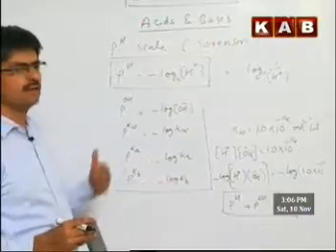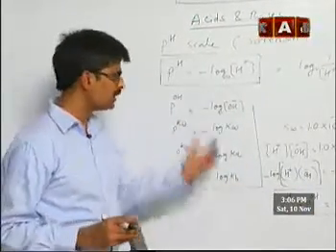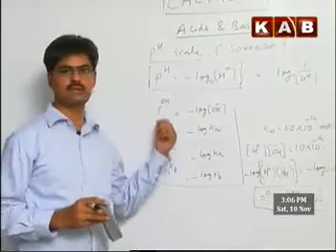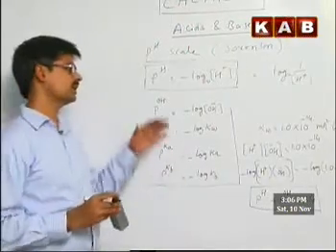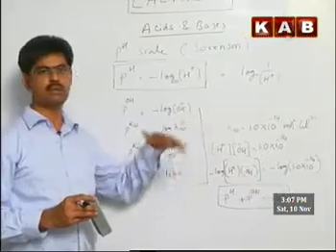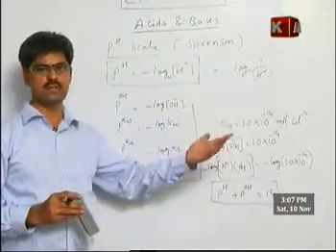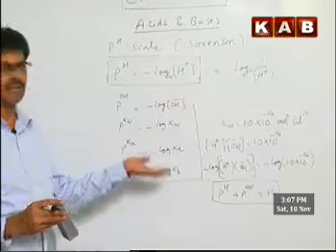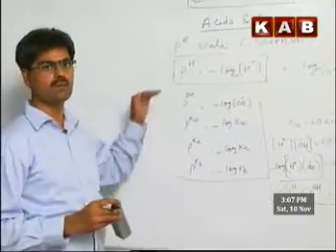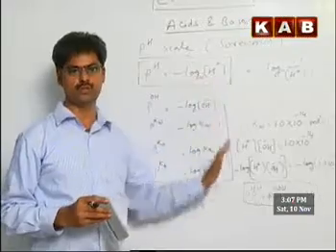Basing upon this, for different acids, bases, mixtures of acids and mixtures of bases, we can now calculate the pH values of the various solutions. So we'll start one by one like this. That is, first of all we'll take up only acids, then only bases, then mixture of acids, then mixture of bases, and finally mixture of acids and bases. Like that we will take up one by one the calculation of the pH values of the various solutions.